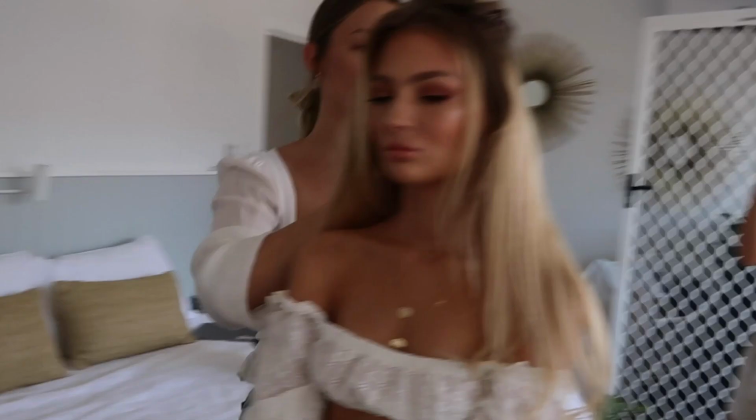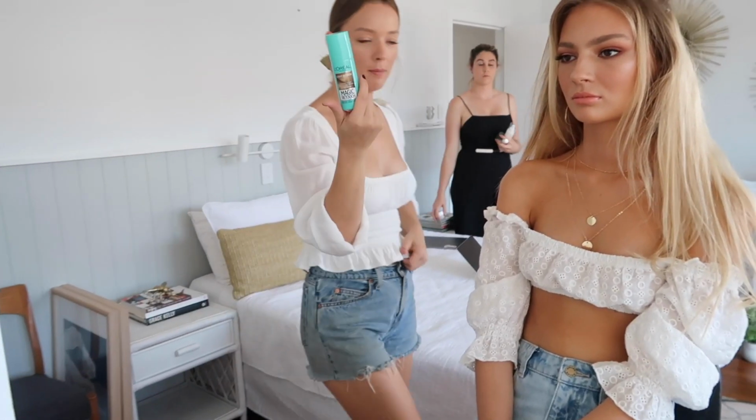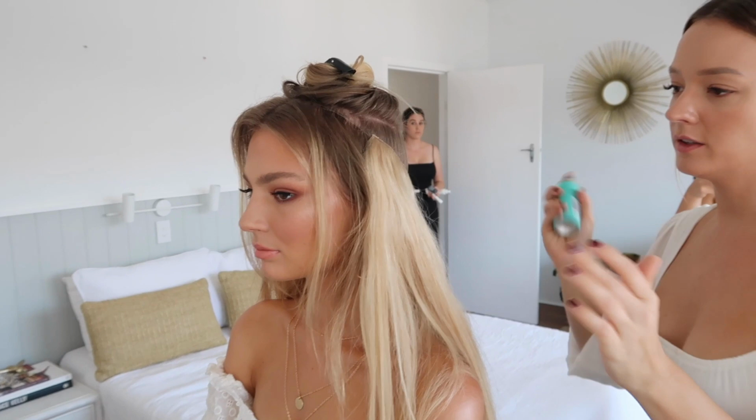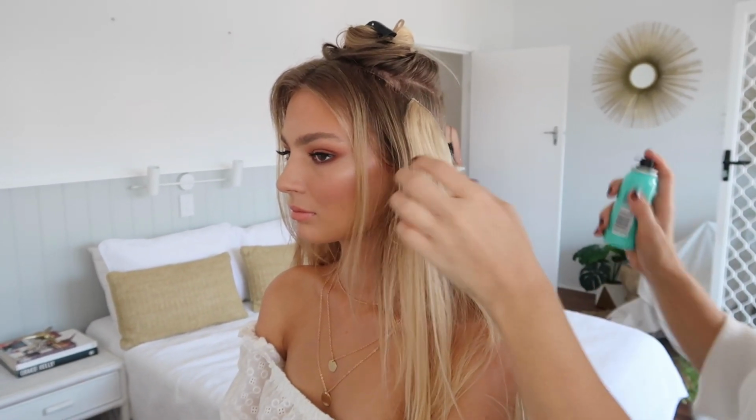I'm just going to spray the roots of the halo a little bit. I'm going to use the light brown by L'Oreal. This is just because Gemma's roots are a little bit darker than her ends, and especially through the sides here, because we've got quite fine hair, we don't want the hair sort of parting, and you'll see that really...